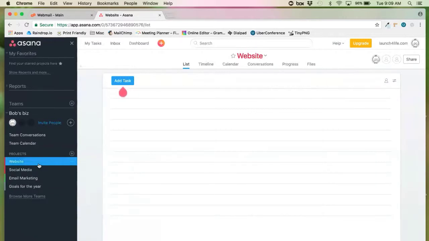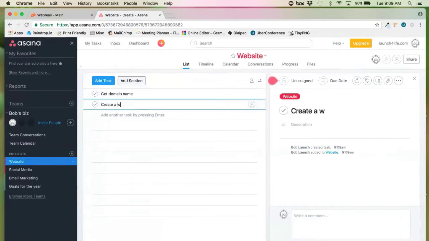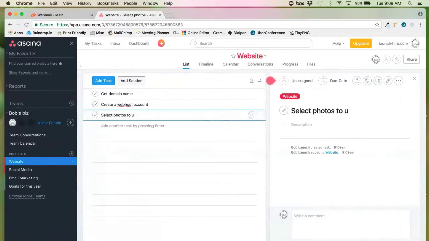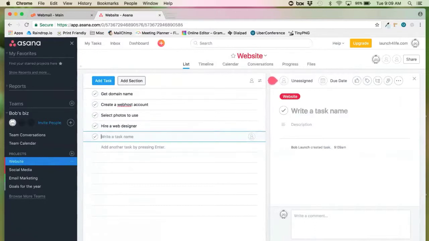So say, for instance, Bob wants to build a website. So what are the tasks that would be involved? So he needs to get a domain name. And then maybe he needs to create a web host account. And he needs to select photos to use. And he needs to hire a web designer. And so on and so on. So as you can see, he's creating lots of different tasks that he needs to do